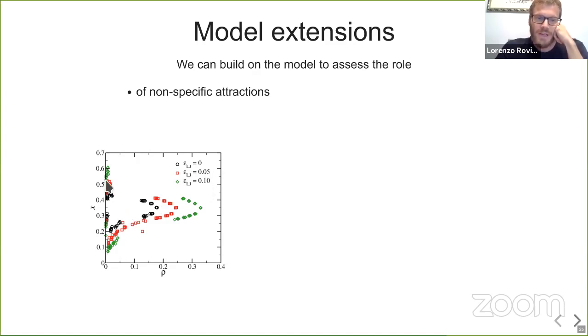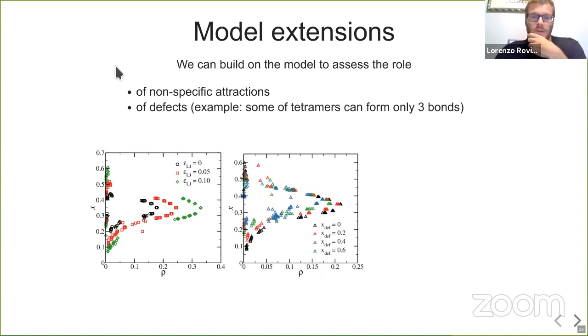As we increase it, the region of instability, so the phase diagram, enlarges. Okay. Then we can look at what happens. These are a bit noisy data because it's some preliminary data, but we can see also what happens if some of the proteins have defects.